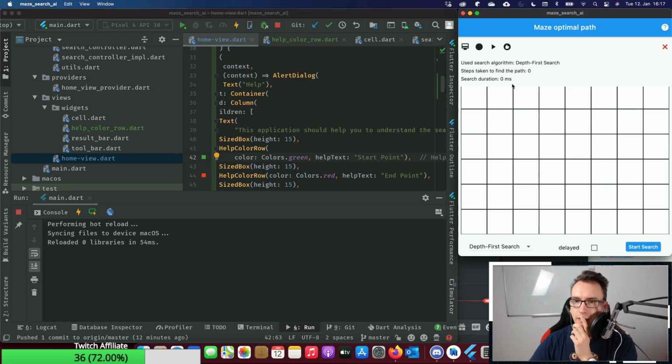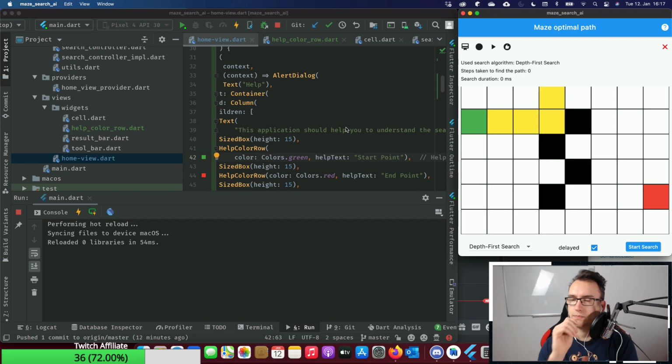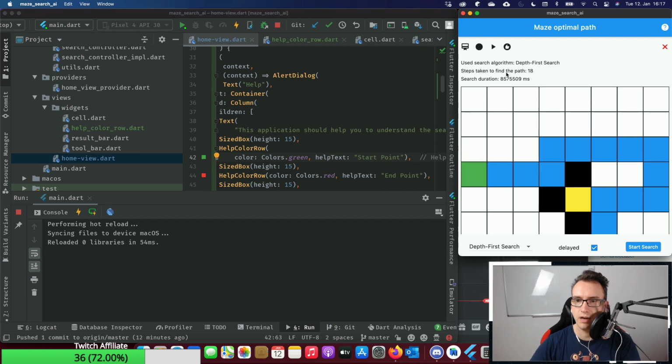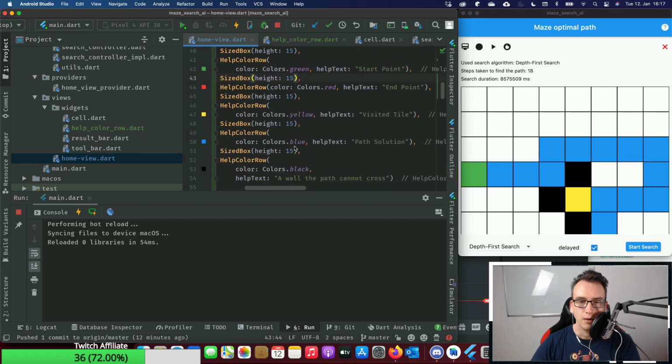So, okay, we have the possibility of a start point, of an end point. We can create walls now in between. We can make it delayed to see how it works. Cool. And we can see where it takes the time and how long it runs.